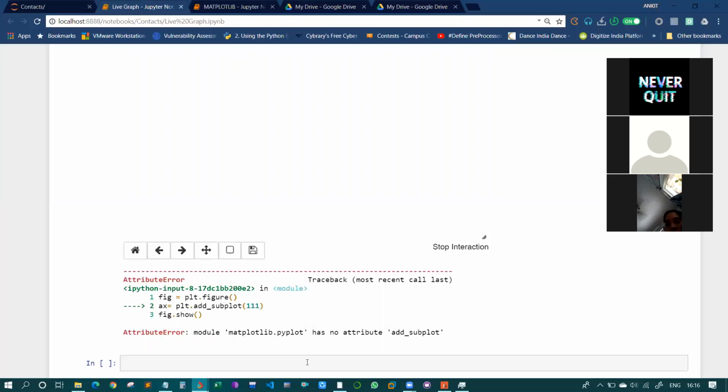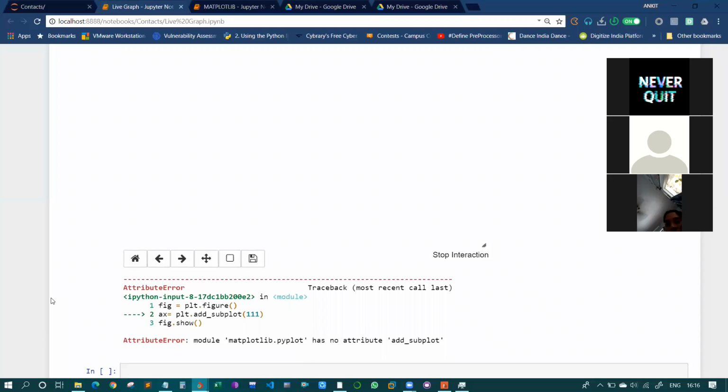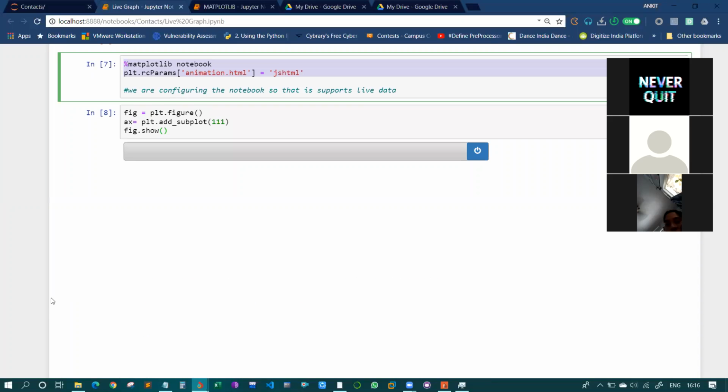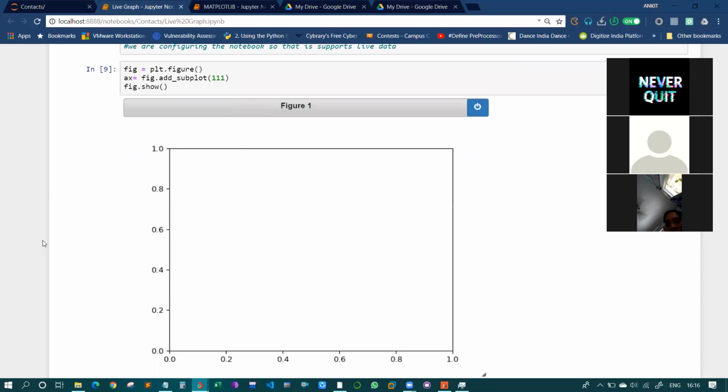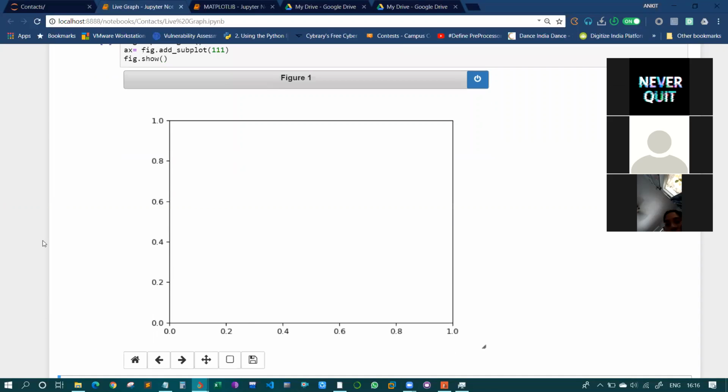Subplot. Why is it giving me an attribute error? Oops, sorry. Yeah, now I got it completely.